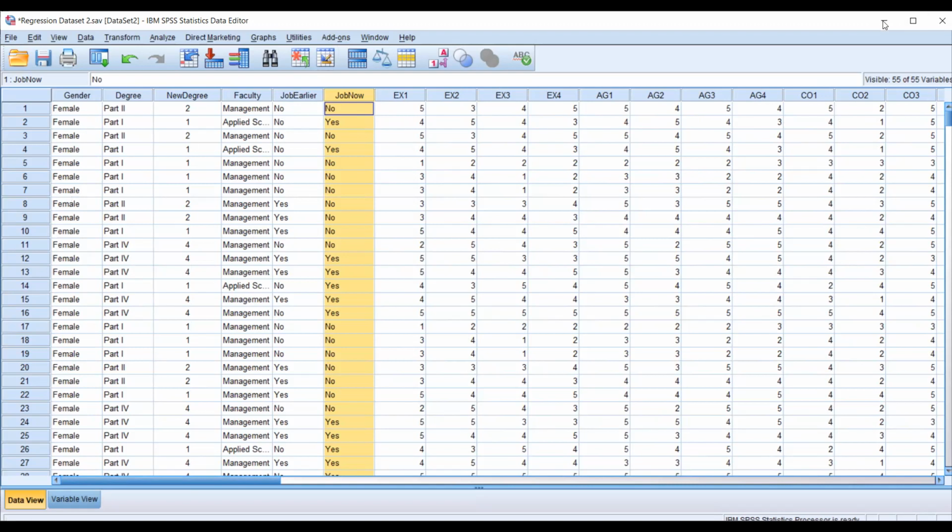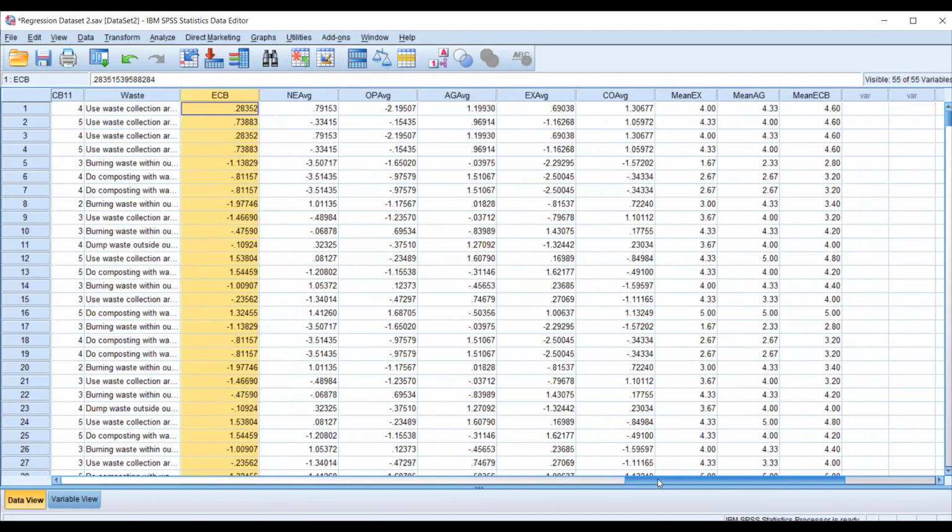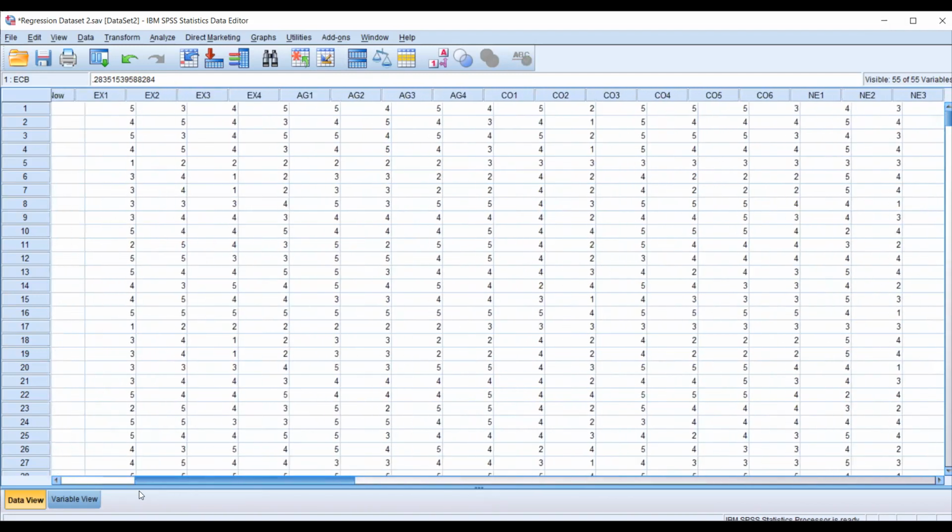That is moderating. But here what I'm telling is we want to make sure whether this ECB or environmental citizenship behavior is going to change or differ based on male and female of the